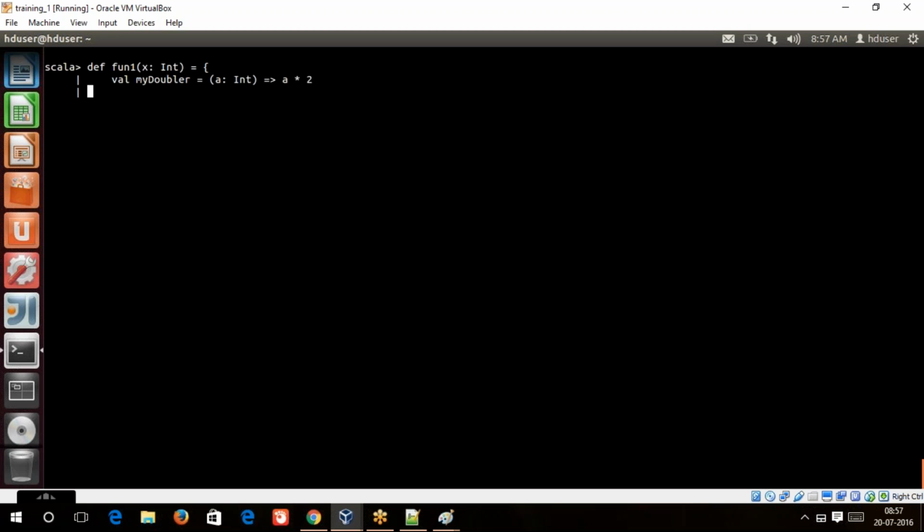This is how I will write it. I'll say my doubler. I will return that, because whatever is the last expression in the body of the function, that function will be returned. Now I can call this: val doubler equal to, I will pass the function,